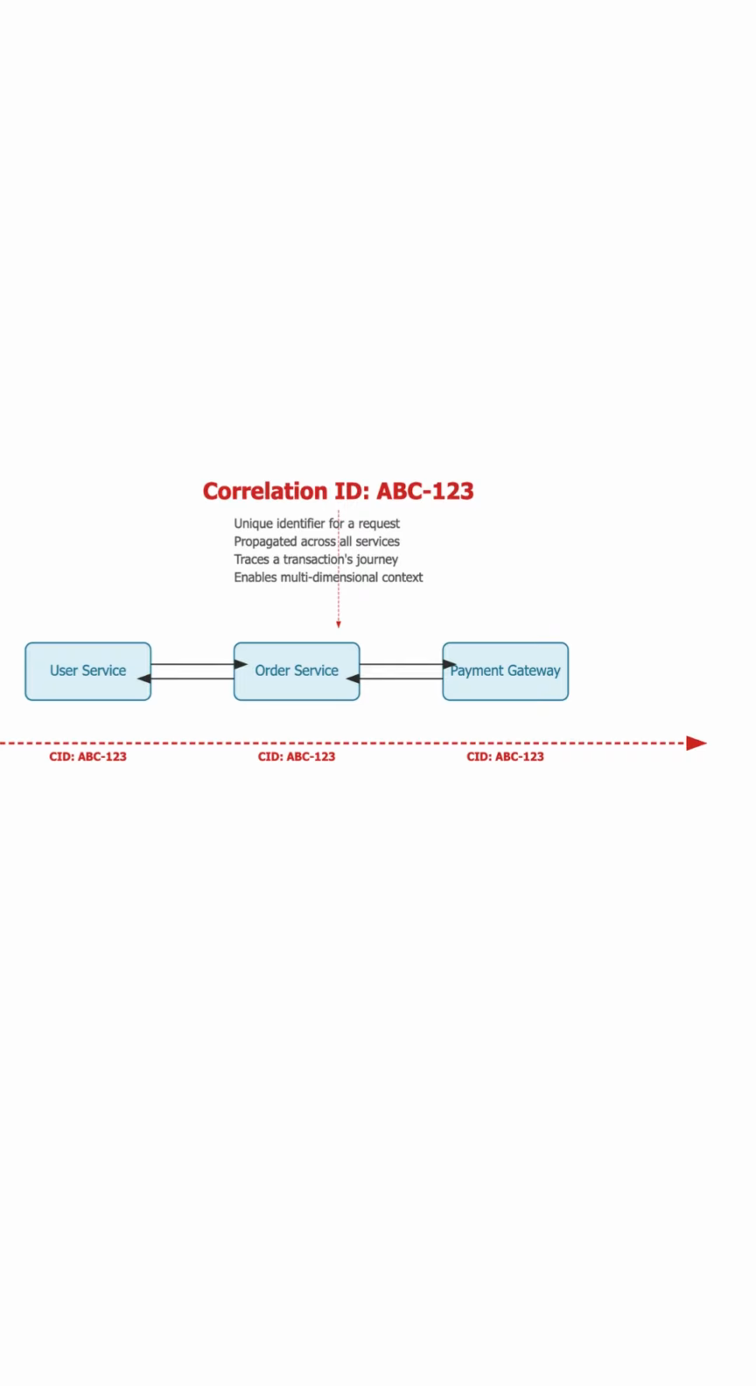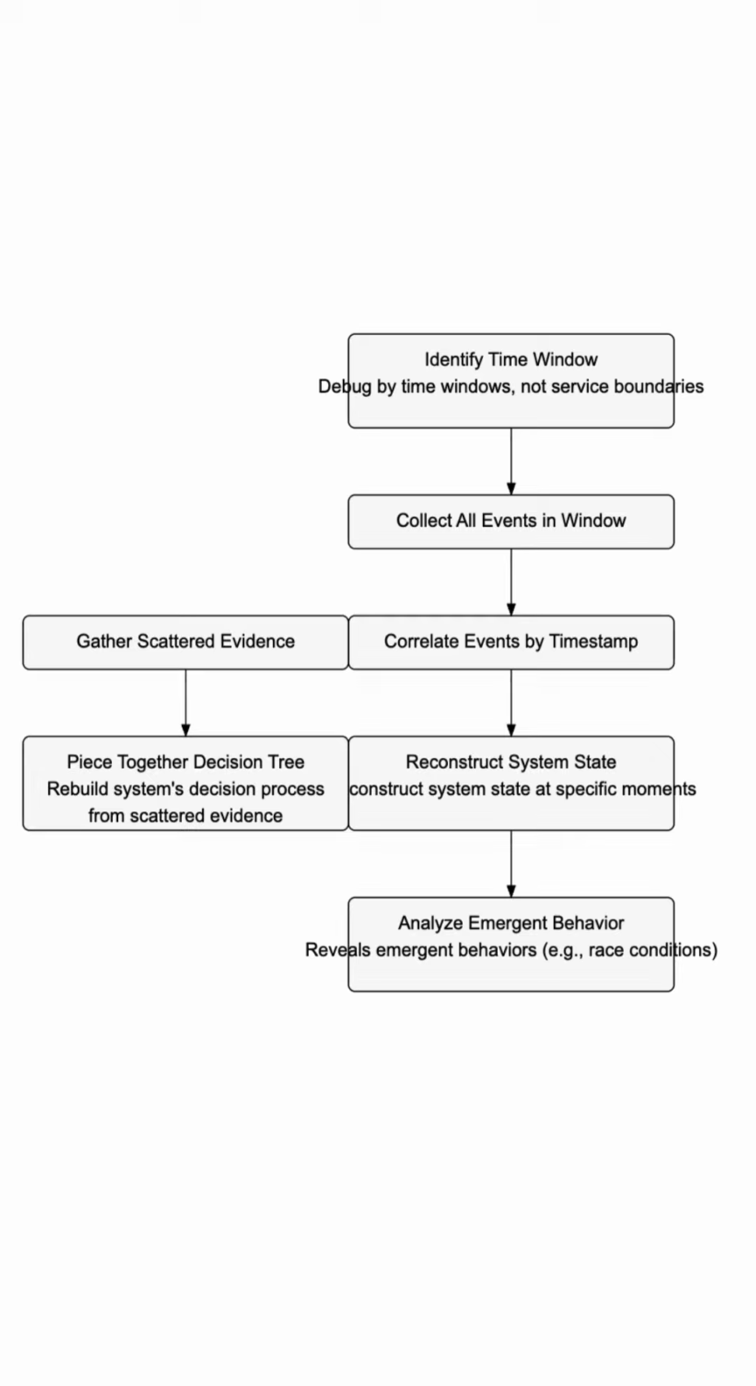Let's begin our investigation. When a request travels through a distributed system, it hops between many services, databases, and queues. Without a way to link all these disparate events, debugging becomes an impossible maze. This is where correlation IDs come in, acting as your digital breadcrumbs. They are unique identifiers assigned to a request at its entry point, and then propagated across every subsequent service call